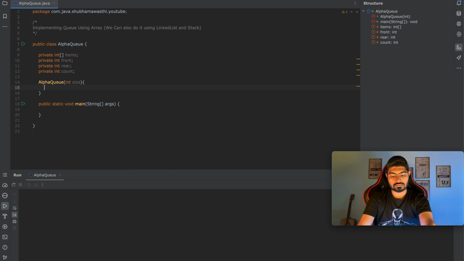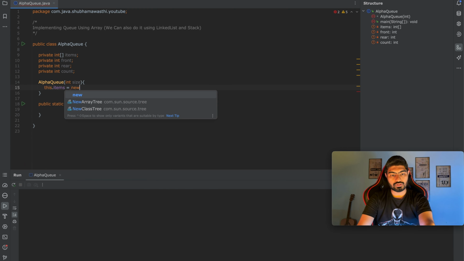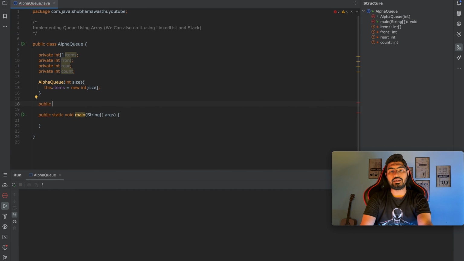this.items is equal to new int of size. Let's implement our enqueue method. Enqueue is simply synonymous with adding, and dequeue is synonymous with removing the element. So just to keep the classic feel of a queue, we are going to name the add method enqueue and the remove method dequeue. Public void enqueue